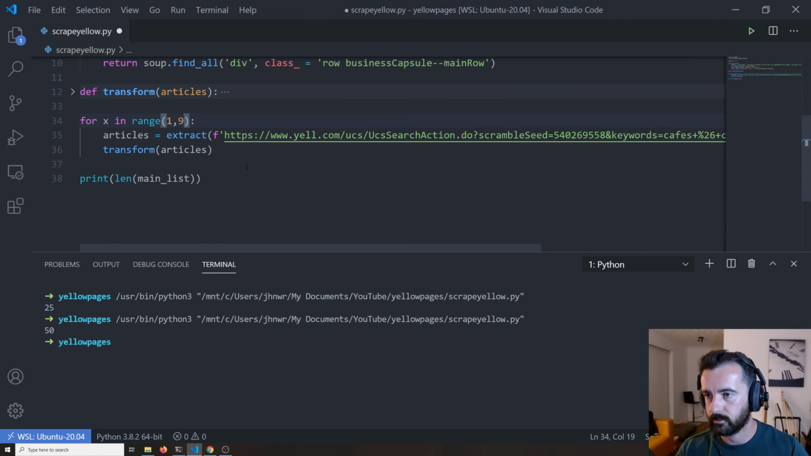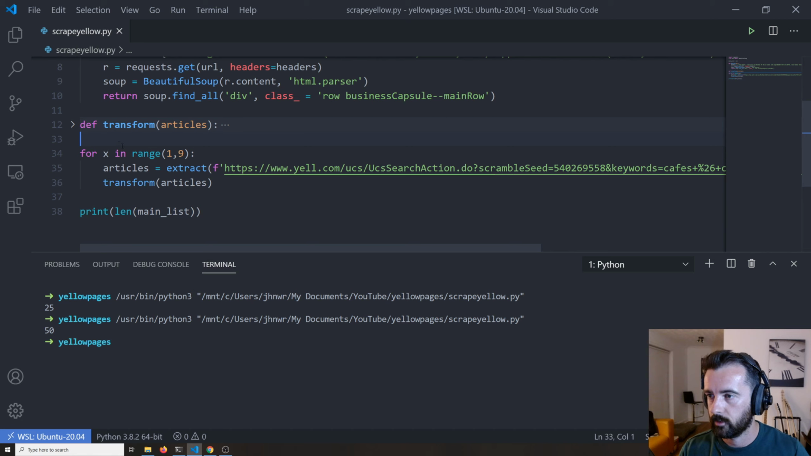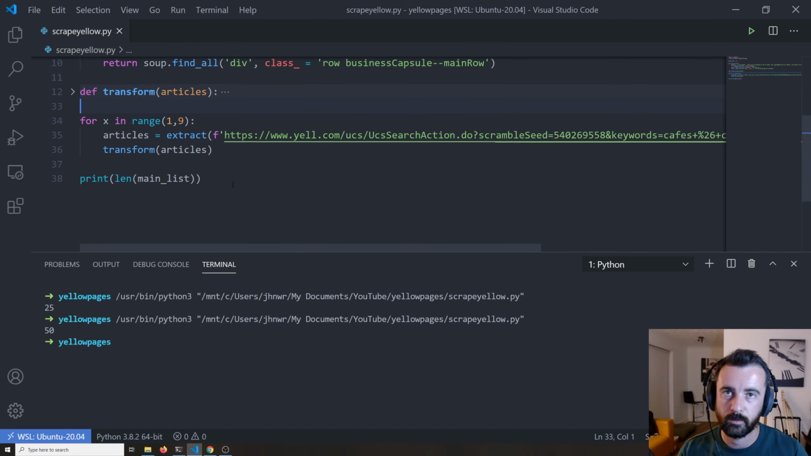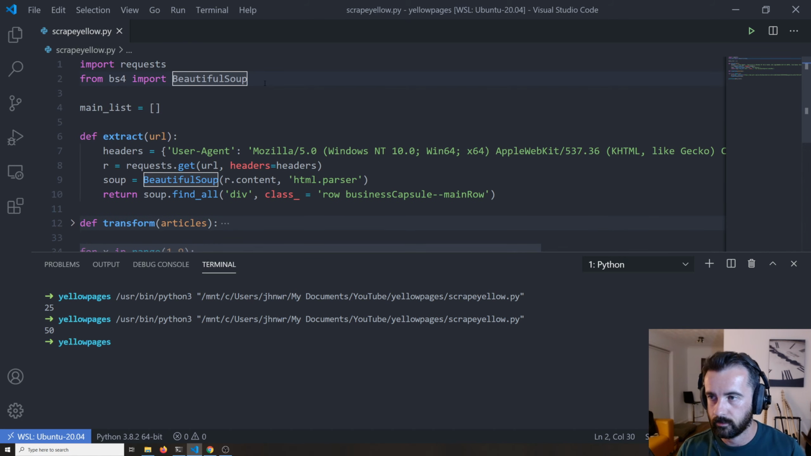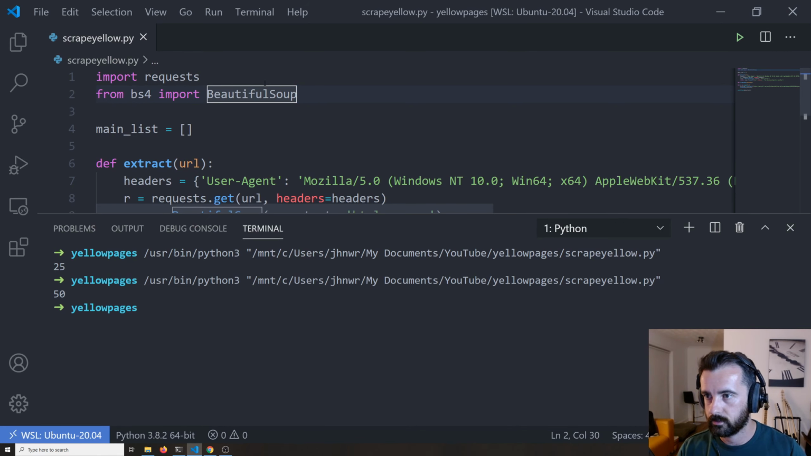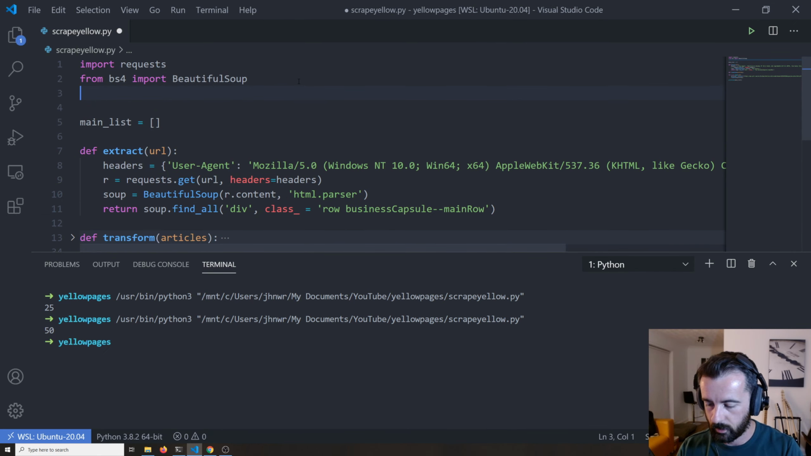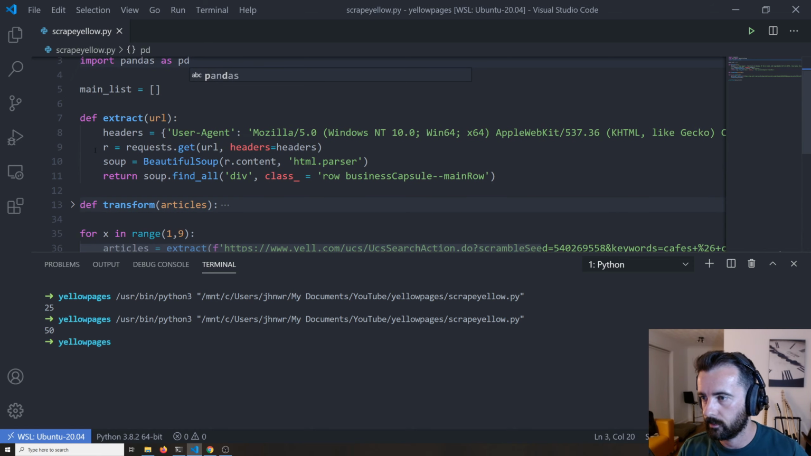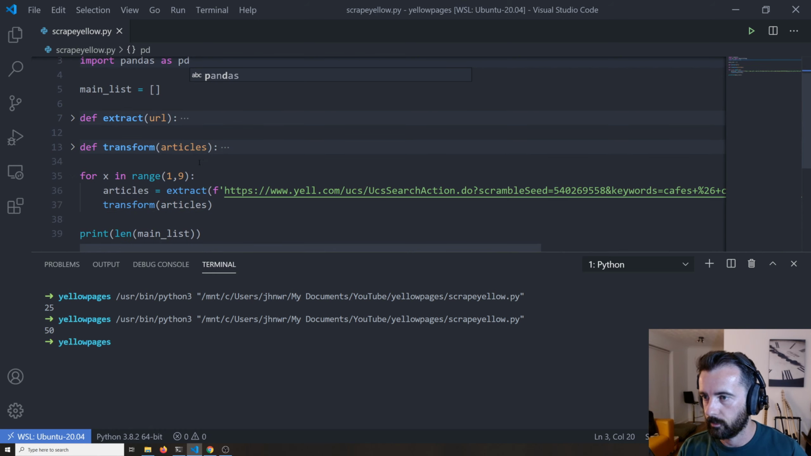So I'm going to put that back up to 9 because we know there are 8 pages, and I'm going to create a new function to export this to CSV. Now to do that, I pretty much always use pandas, so I'm going to do import pandas as pd. We're going to save that, and then we're going to collapse this down, and we're going to create a new